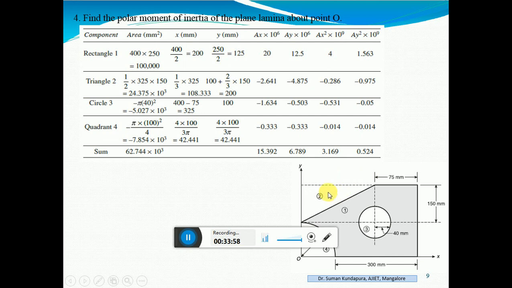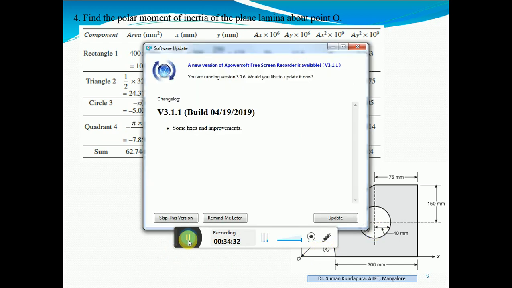So I need to find out how many shapes there are. There are some cutouts also. We have solved some cutoff, shaded area, centroid problems. So the portions which are not shaded have to be cut off. This is an irregular lamina here. I have to imagine that there are rectangles and triangles, and just cut off this quarter circle and the circle.